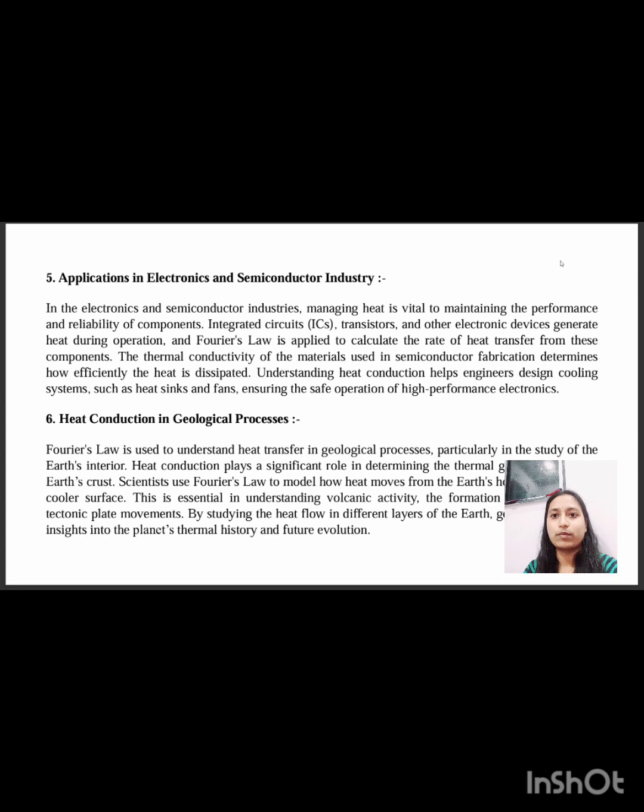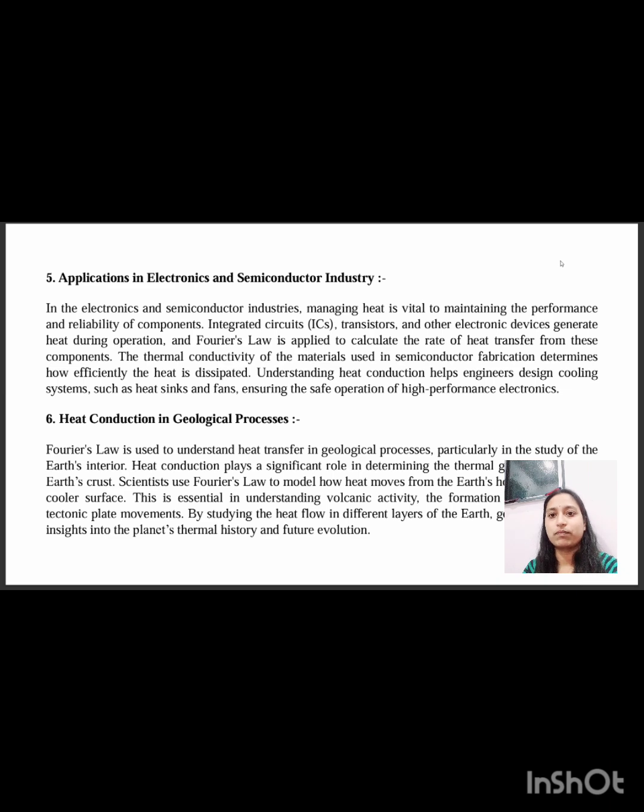Managing the performance and reliability of components is important. Integrated circuits, ICs, transistors, and other electronic devices generate heat during operation, and Fourier's law is applied to calculate the rate of heat transfer from these components. The thermal conductivity of the material used in semiconductor fabrication determines how efficiently the heat is dissipated. Understanding heat conduction helps engineers design cooling systems such as heat sinks and fans, ensuring the safe operation of high